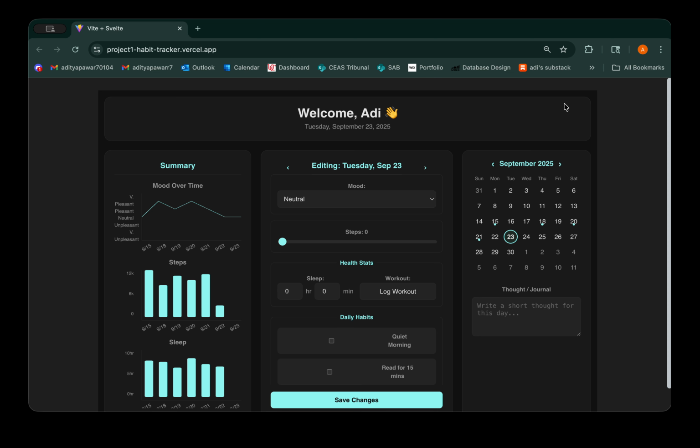The name of our project is Habit Tracker, and this is made for a mock user known as Adi, who also happens to be me. And for Adi, the three important stats that he keeps track of are mood over time, steps per day, and sleep that he gets, as these have the most positive direct correlation with his lifestyle and how well his